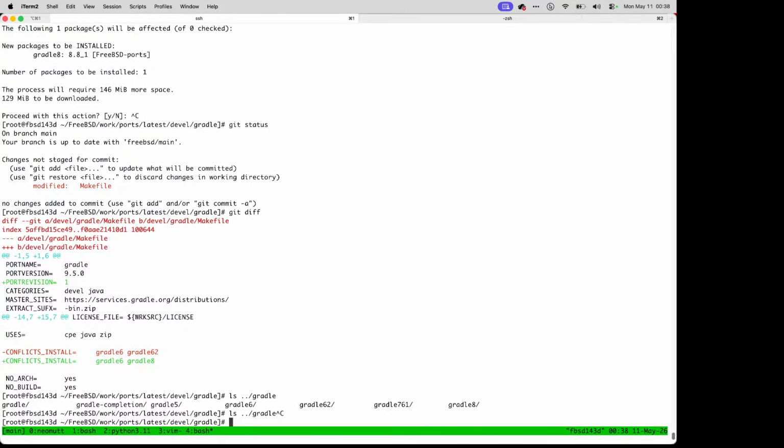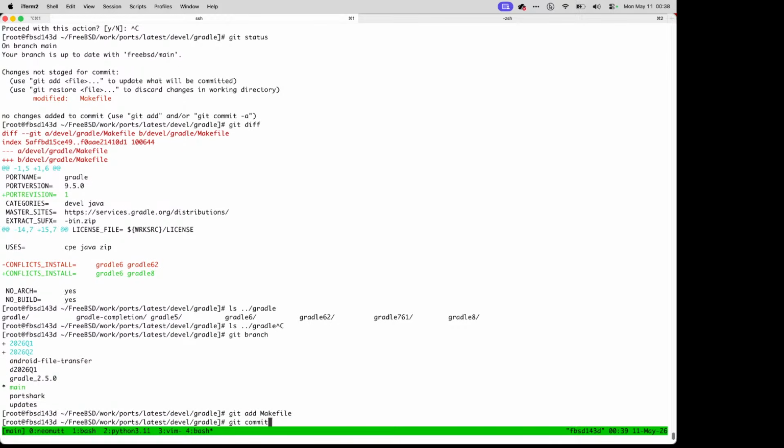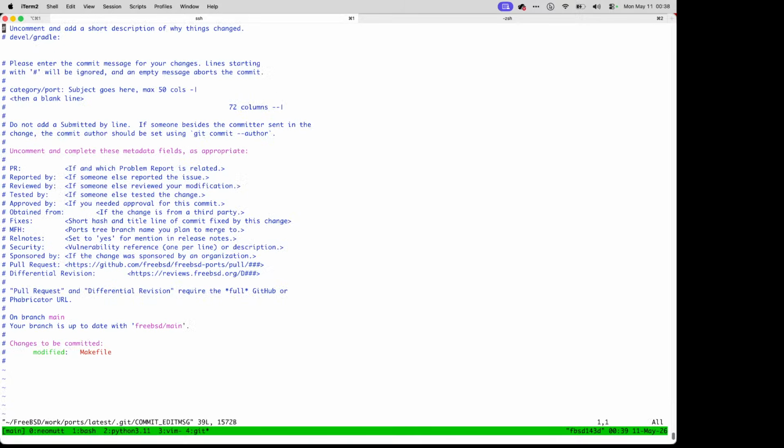Okay, Gradle 8, there is a conflict. Git branch, git add make file, git commit. So,